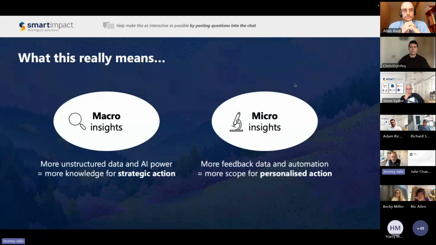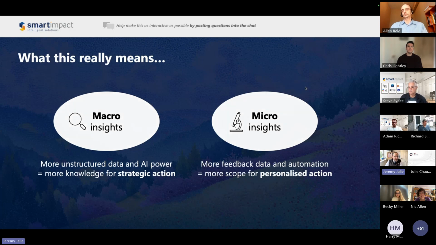Now, to achieve this, organizations need to be intentional about capturing the right signals across their ecosystem. And that goes for CRM systems, websites, email platforms, social media, and more. And you'll want to focus on two kinds of insights. Macro insights, which is using tools like social listening, web analytics, and AI to identify broad patterns and trends. And micro insights, which is tracking detailed activity, gathering feedback, perhaps scoring engagement of members, and identifying who's getting value and who isn't. And when combined, these perspectives help you see both the forest and the trees because you've got